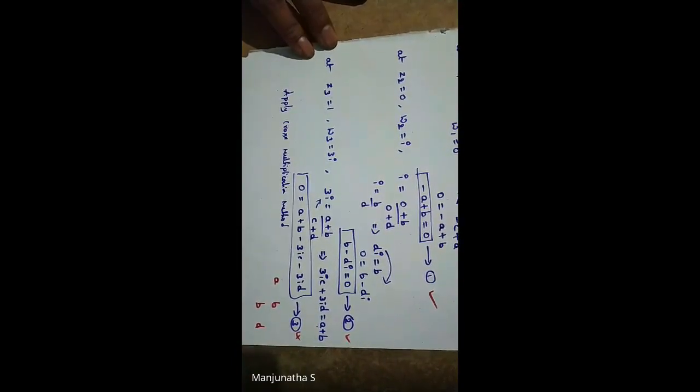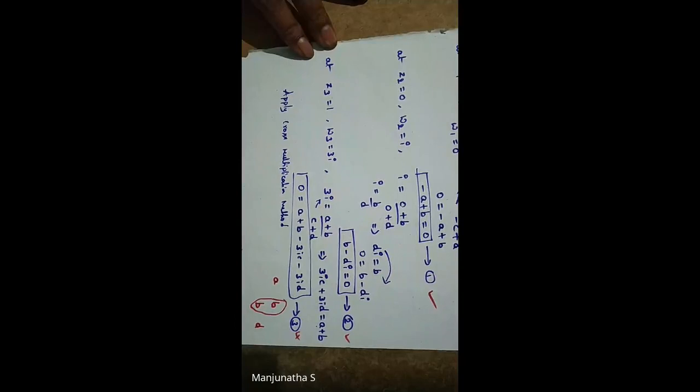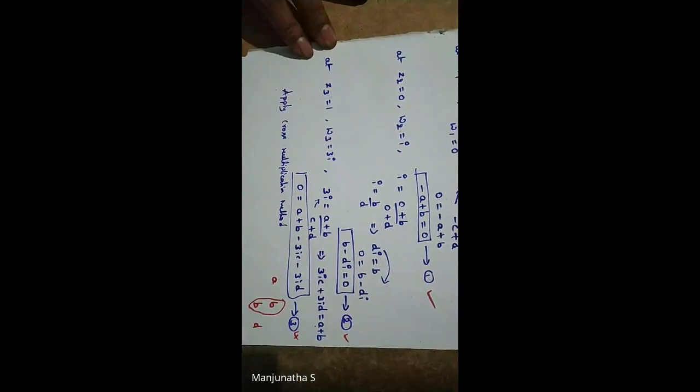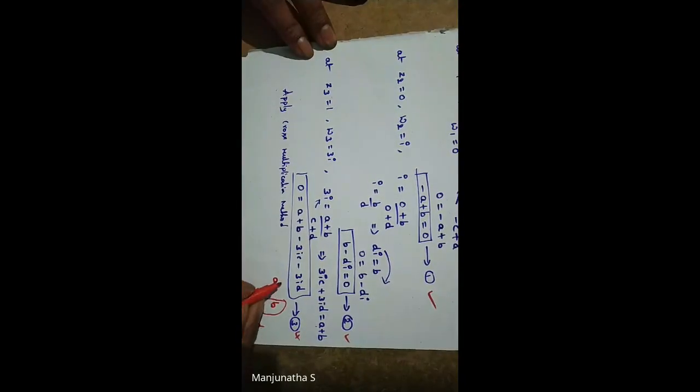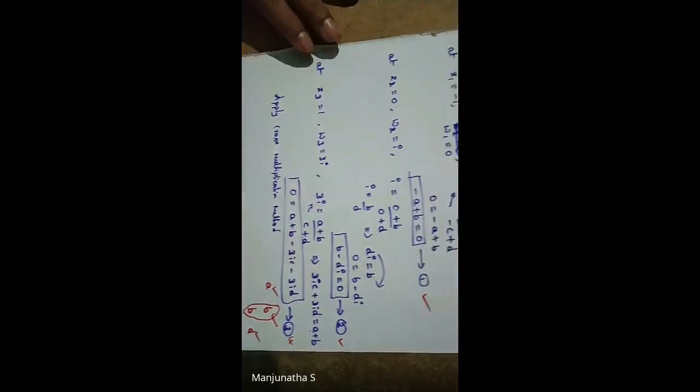So what is the concept? At least one common coefficient should be there. At least one means, see, B. If A is also there, that is fine. It is nothing but at least one. So when I count, I need to get 3 constants: 1, 2, and 3. Yes, I can apply the cross multiplication method for these 2 equations. In the next problem you will understand it easily. This is the first problem to understand the concept correctly. The same concept we will do again and again, so that it is effective for you to understand the problem.